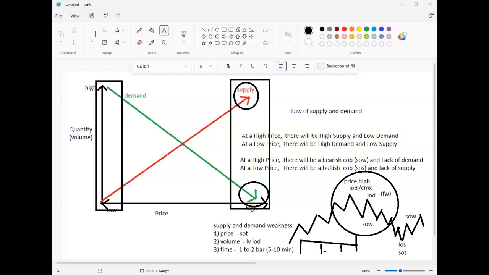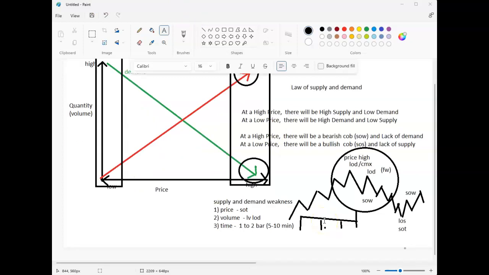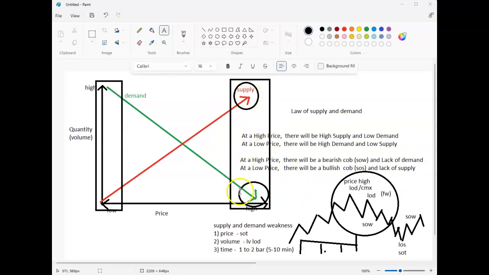When you see a market that's going up and there's lack of demand, just be ready for a potential supply to come in. And if the supply comes in, it actually validates the lack of demand. Both need to exist together. Either the lack of demand will come before the increase in supply at a high price or after it, showing that low volume pullback. Anyway, this was the linking of supply and demand and how they connect to Wyckoff turning points.